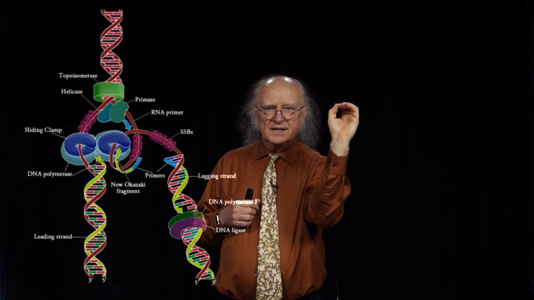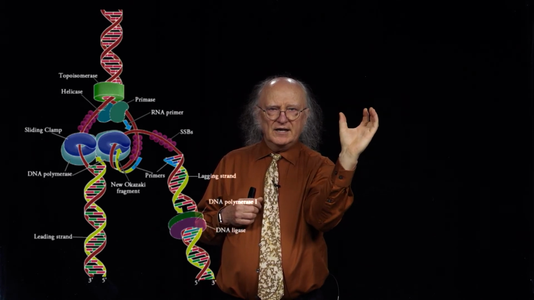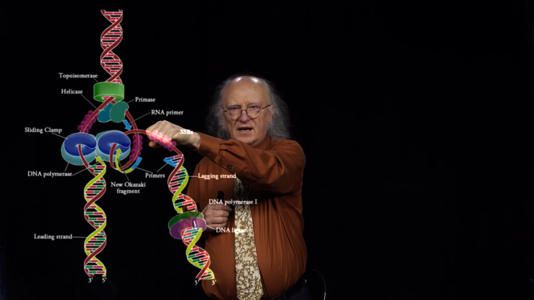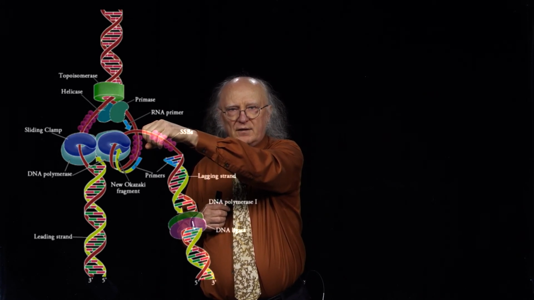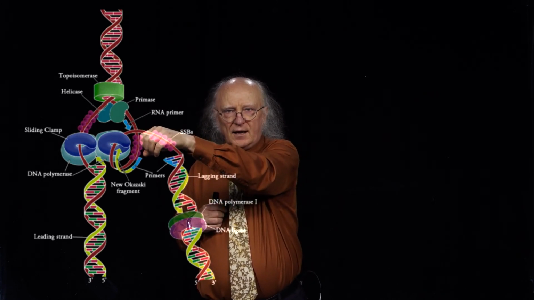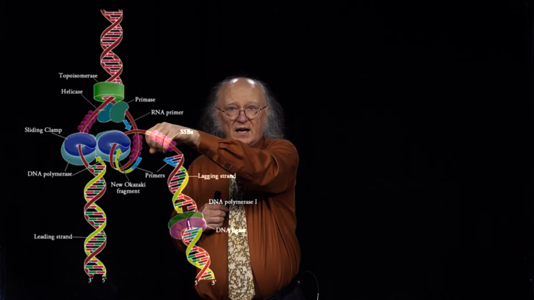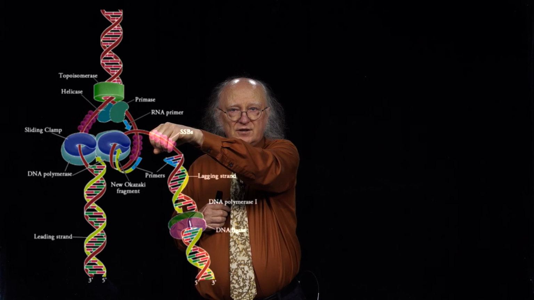So what happens is that the beta clamp, when it is open, it can grab a hold of a strand, and then when it closes, now it has wrapped around that strand. Okay? Well, it's not held tight, that is, it can slide along,